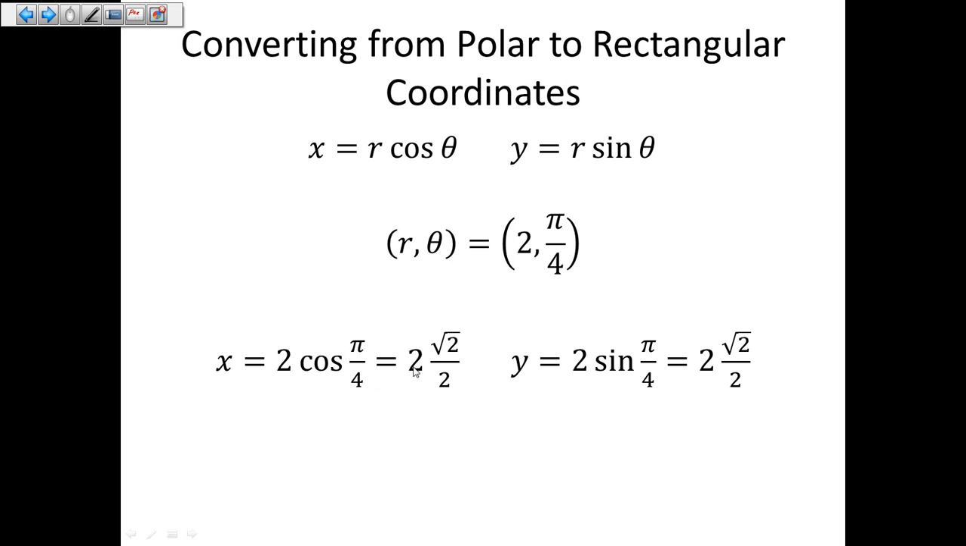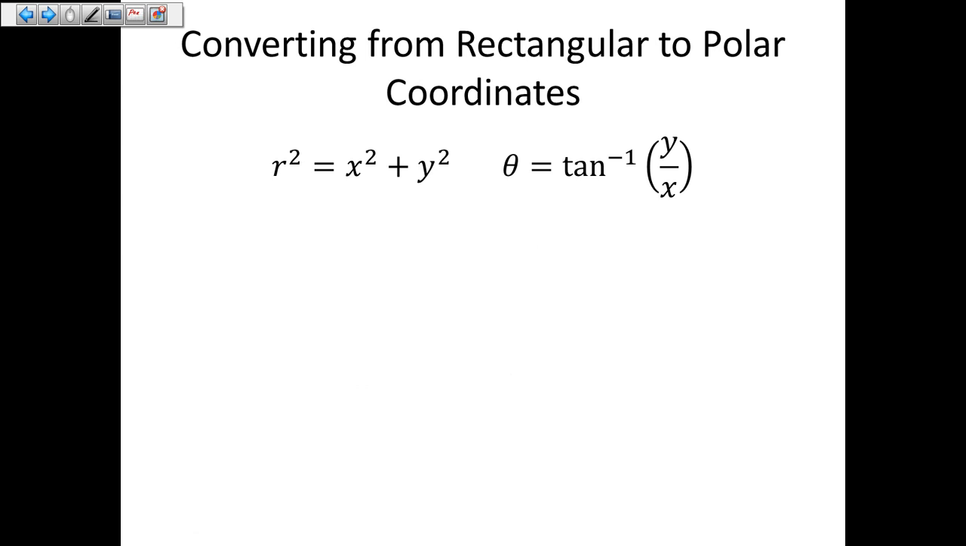I get 2 times the square root of 2 over 2, 2 times the square root of 2 over 2, and I get the square root of 2 comma the square root of 2. Not too bad. Now going the other way, if I want to convert from rectangular to polar coordinates,